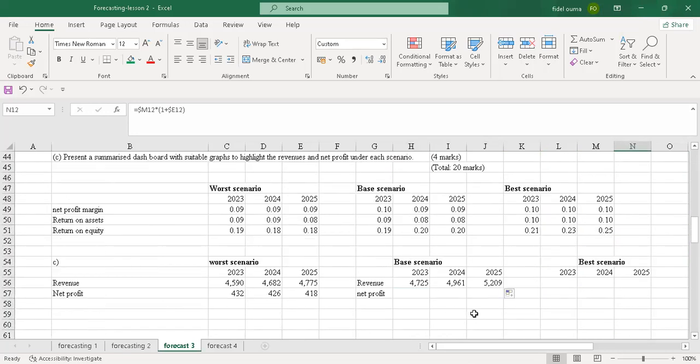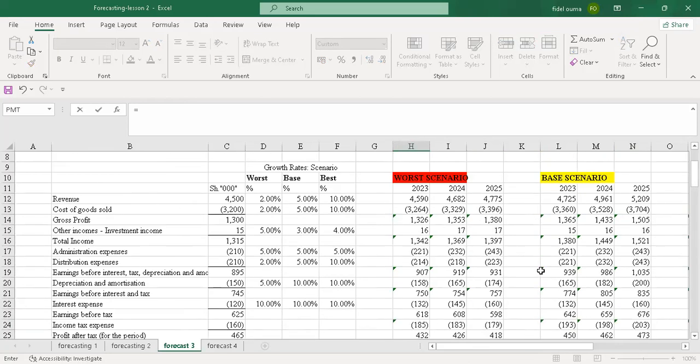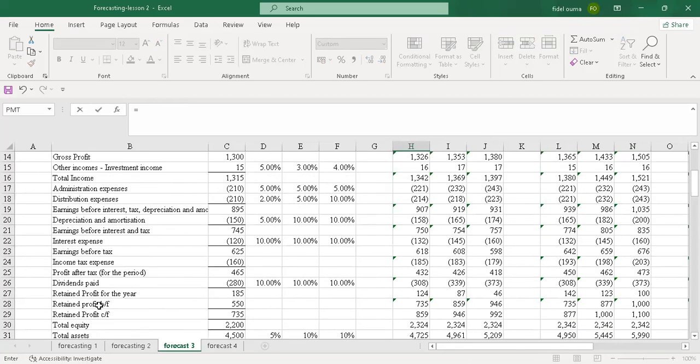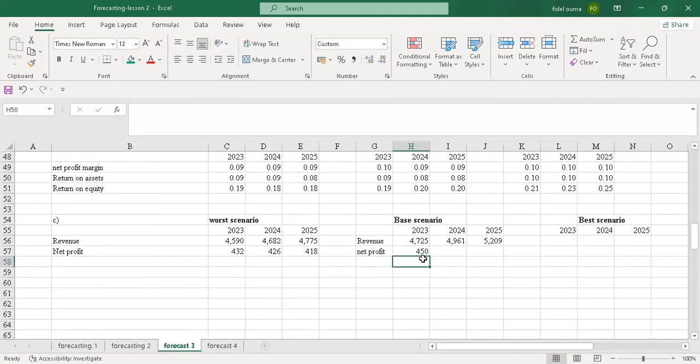Yeah, so I'll go to net profit and do the same under base scenario. So I'll come here and look at the profit after tax. That's the net profit. So I'll pick this. And I just drag it so that it copies the other values up to 2025. So I'll do the same to